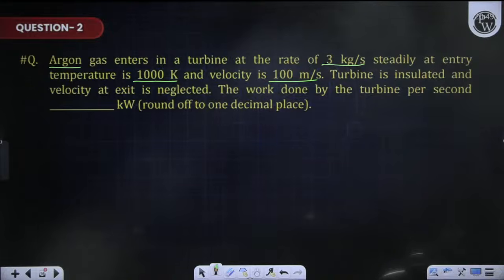Because if I apply the SFE equation, then C1 value okay, Z we can neglect, Q value will be 0, but H2 value is not given. H2 we can find out with the help of temperature, but temperature is also not known, and if you put here T2 by T1 is equal to P2 by P1. Without exit temperature,